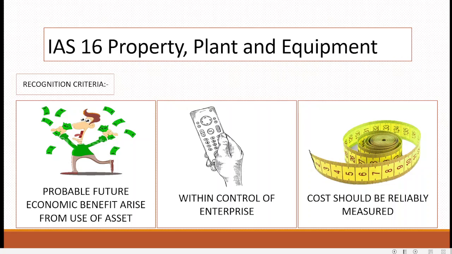Whether in cash or in kind, or as an exchange of an asset, however it is, it needs to be measured, it needs to be clear. If it cannot be done clearly, then you cannot recognize this as property, plant, and equipment, because only on the cost can you record the PPE in your books. If you don't even know the cost, what amount will you use for recording the asset? You cannot use the market value.